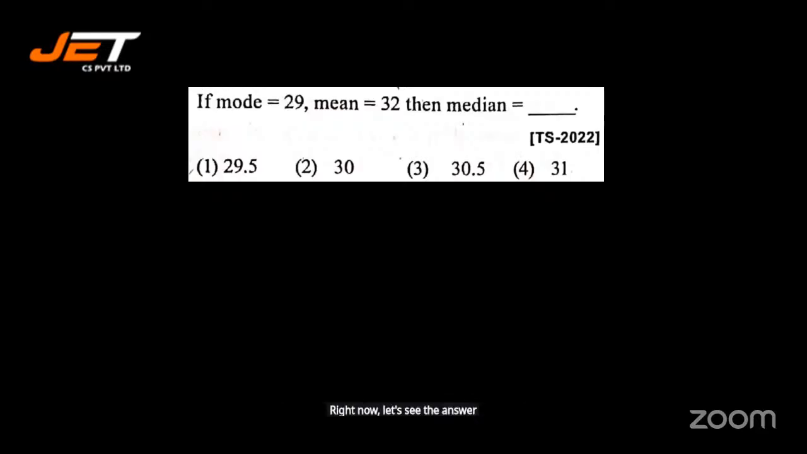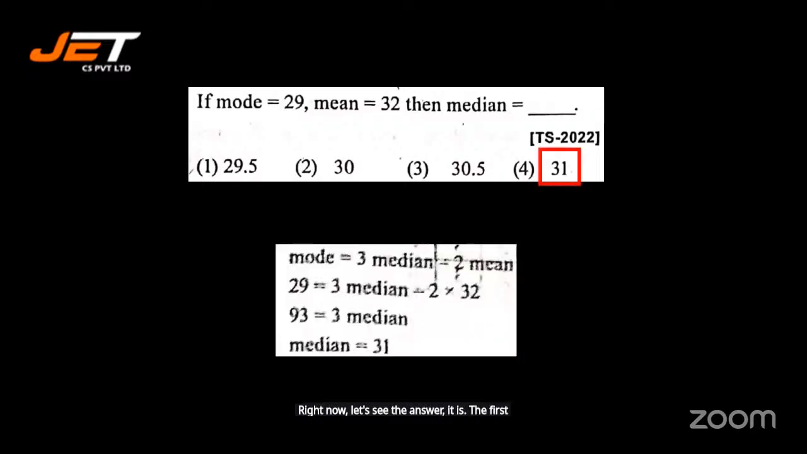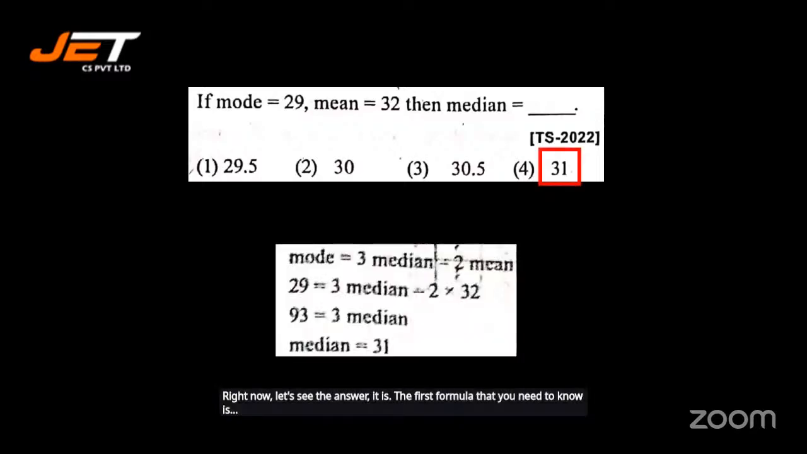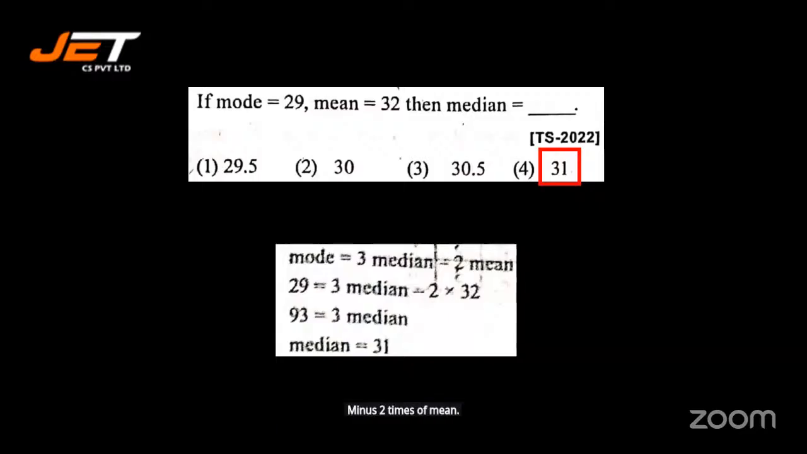The first formula that you need to know is mode is equal to 3 times median minus 2 times mean. Right? So what is mode over here? Mode is 29. That is equal to 3 times median, which we don't know, minus 2 times mean, that is 32. So 29 is equal to 3 median minus